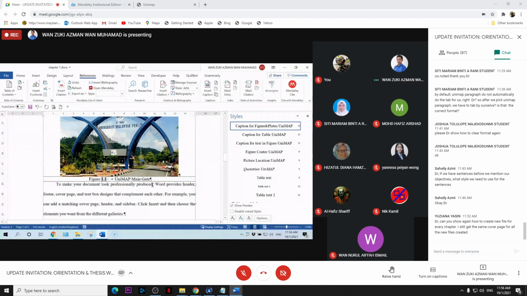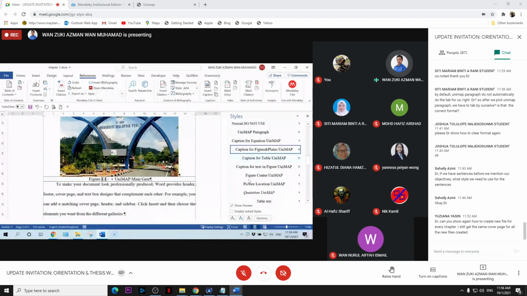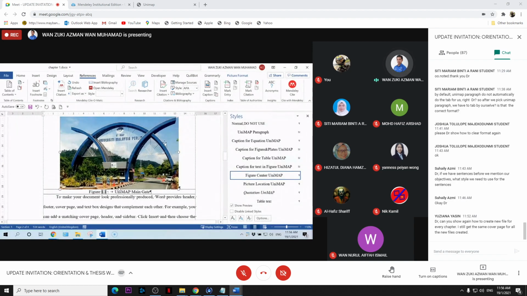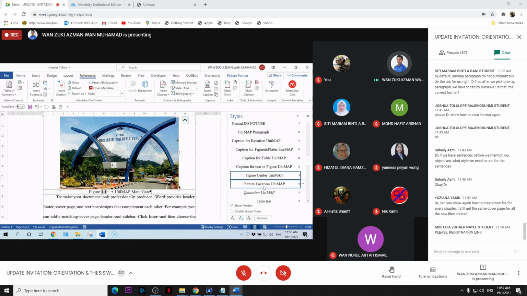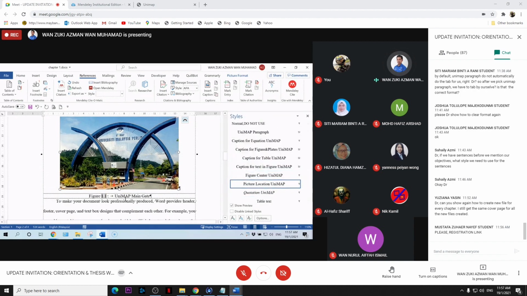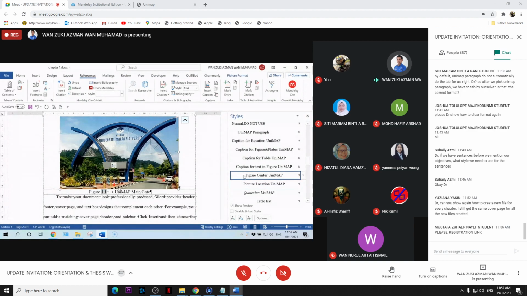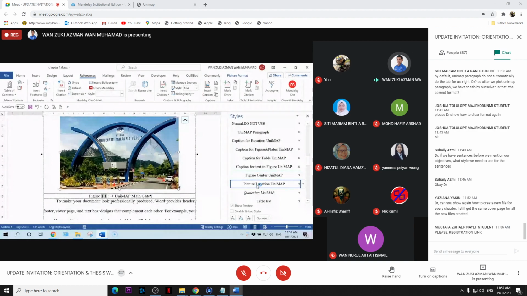You can use this style figure center if your figure has a white border, the outer border. But if your figure has no outer border, please use picture location. So you have the small gap here, so it looks nice. This one is very close, so this one is better.